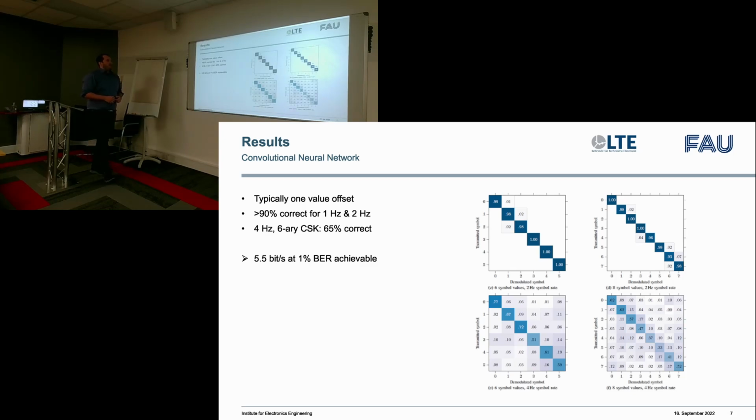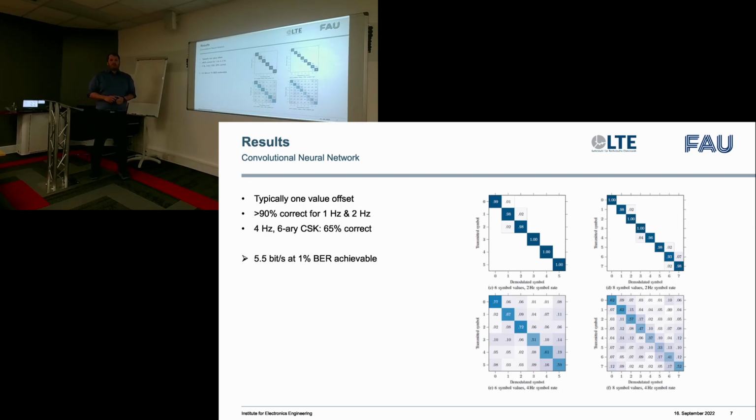In total, for the low symbol rates, so 1 symbol per second and 2 symbols per second, more than 90% of our transmitted symbols are detected absolutely correctly. And for the higher symbol rates, for the example of 4 symbols per second at 6 different amplitude levels, which is our best fit, we still get 65%